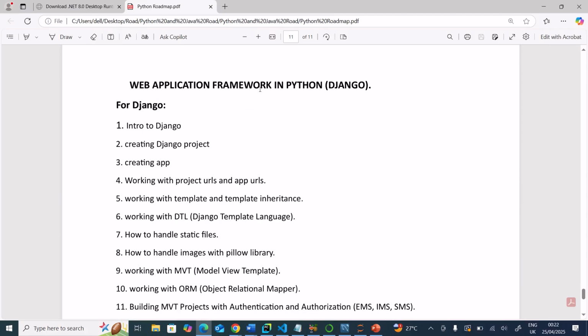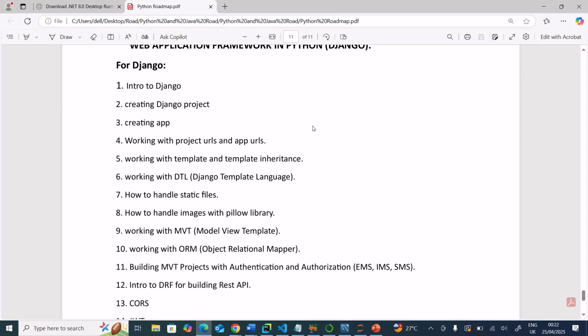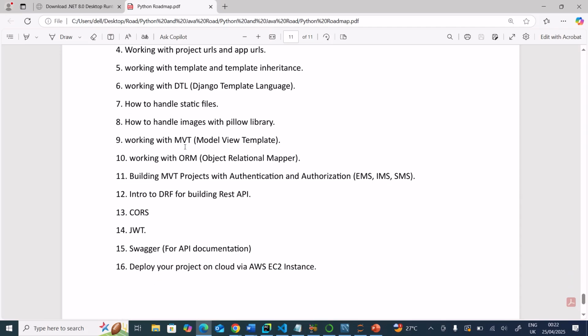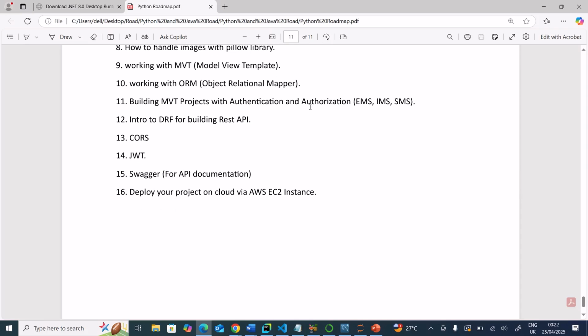Then we can move to web application frameworks in Python, especially Django, because it's highly in demand and very beautiful to work with. So we talk about all these concepts under Django, including Django MVT with templates, working with the object relational mapper, building MVT projects with authentication and authorization, like an employee management system, inventory management system, school management system, so many things like that.